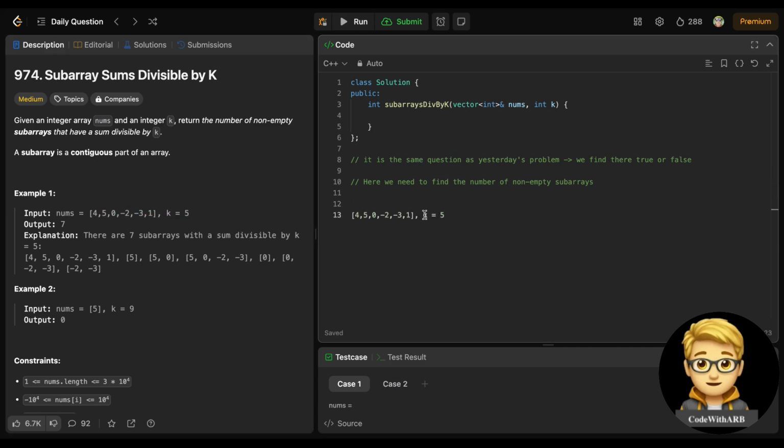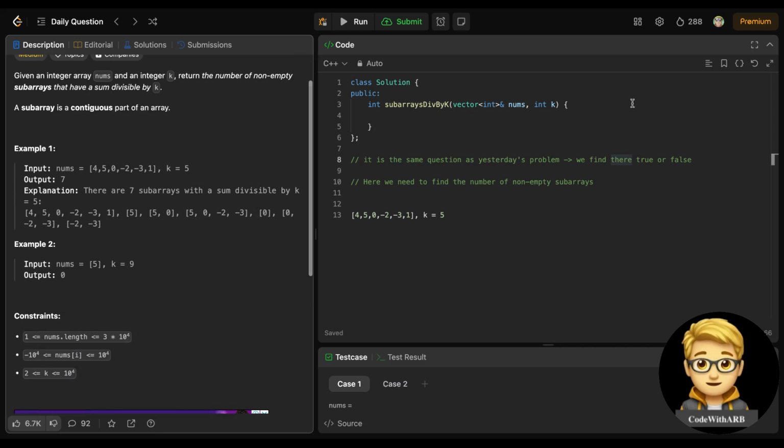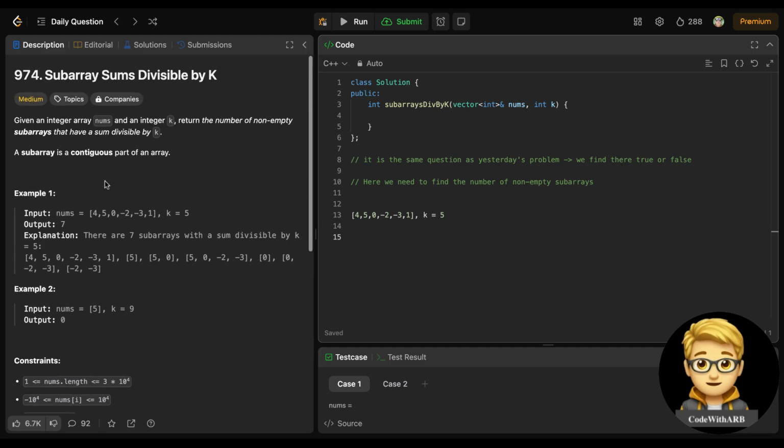If you have not watched the previous video, you should watch it. That's the same question, subarray sums divisible by k. I will put the link in the I button. So let's see how this will be solved. It will be the same approach. If you have solved the previous problem, you just need simple changes to solve this problem,